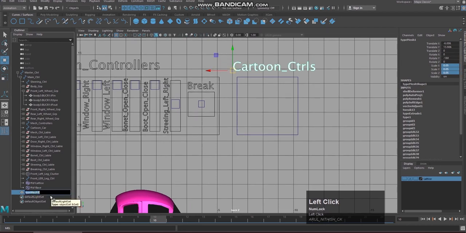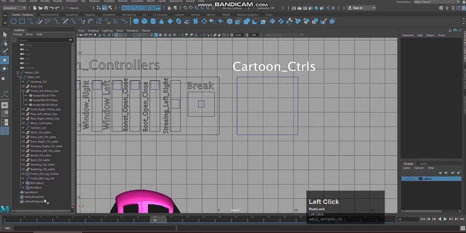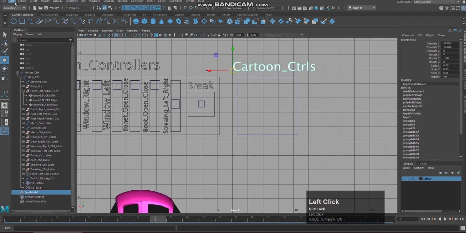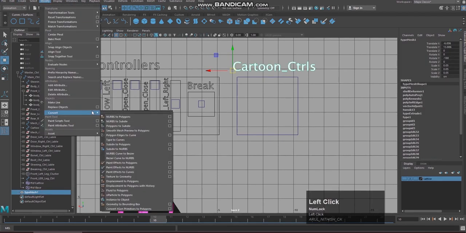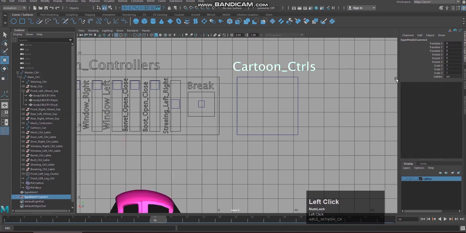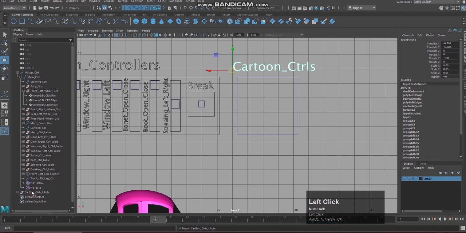What we should do is convert it into curves and give proper naming. Cartoon controls, label, delete the base type mesh.